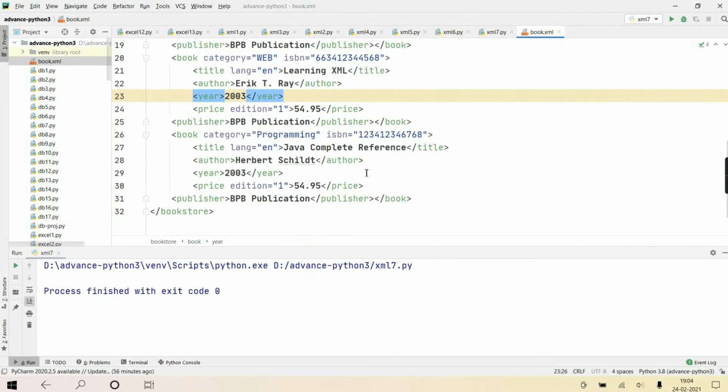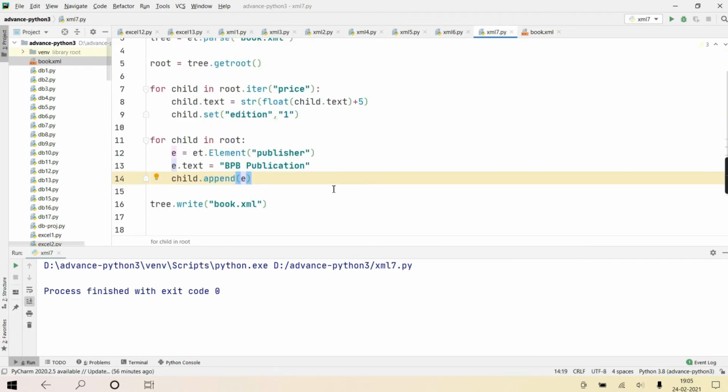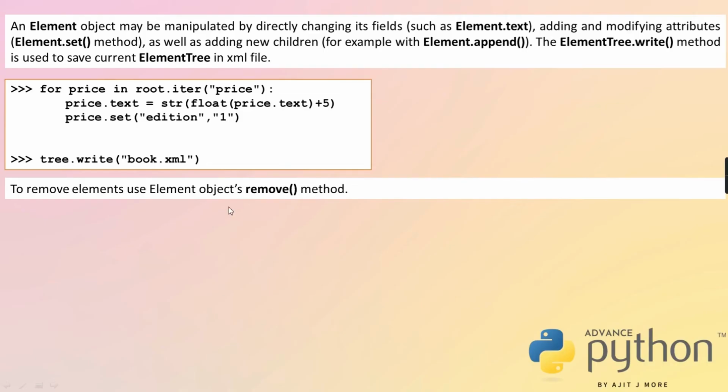So all the books, it is somewhat like querying a database. We do queries on a MySQL table, and in the same way you're doing a query on an XML file, because XML files are also for storing information, no? Their goal is also storing data and then processing that data for your internal purpose. So if I'm telling you to delete all the books whose prices are less than whatever price I tell you, only those children I want to delete. So can we do it?